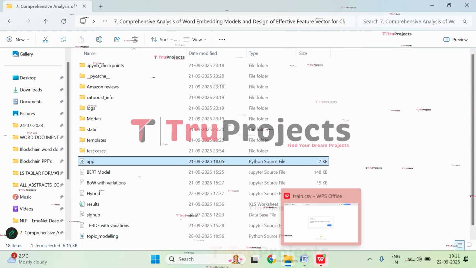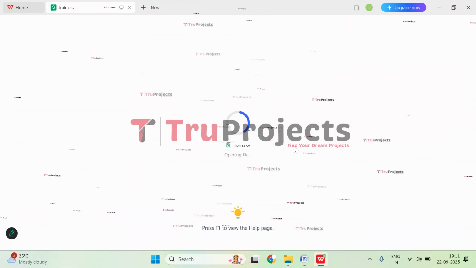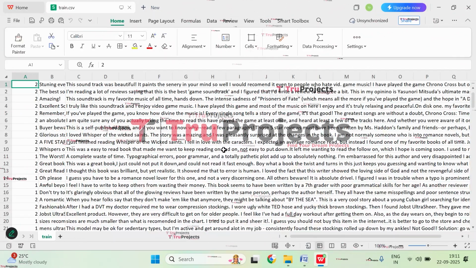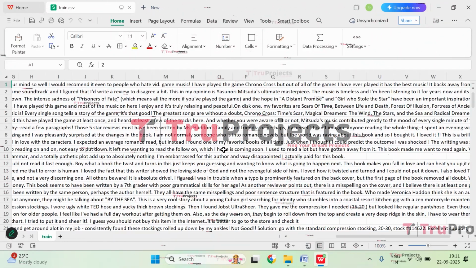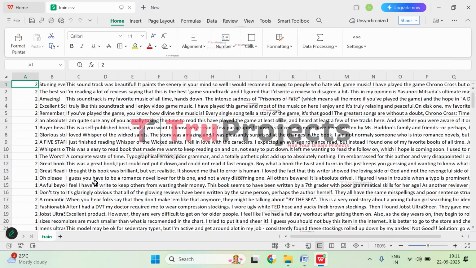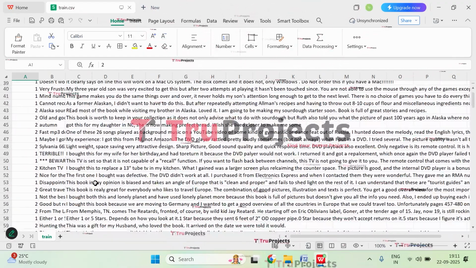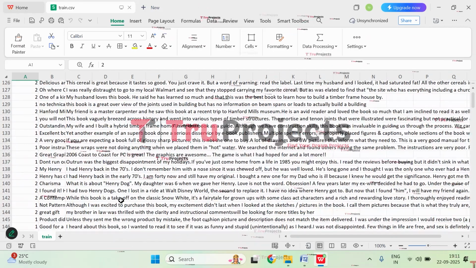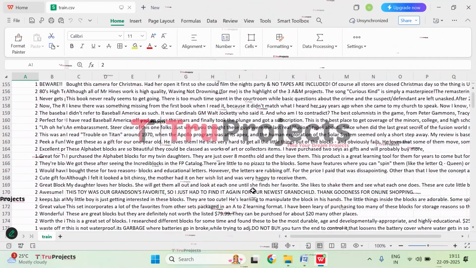So your dataset has been opened. So that is why it is asking like that. Click on OK. So here we have the dataset. So this is the dataset that is used in this project to train the models for predicting the sentiments in Amazon review dataset. So this is the Amazon review dataset based on the products. Now close this,